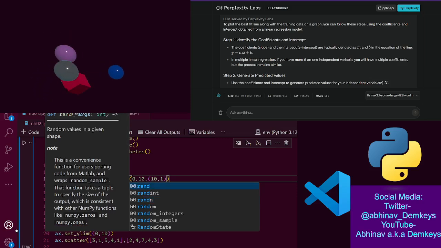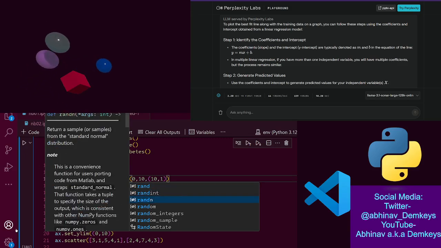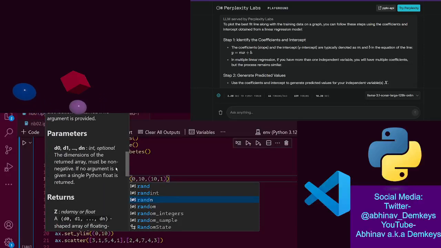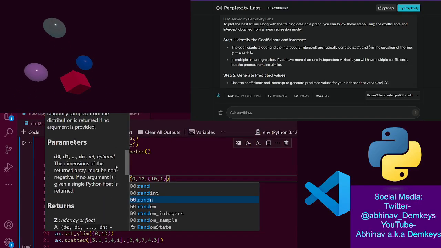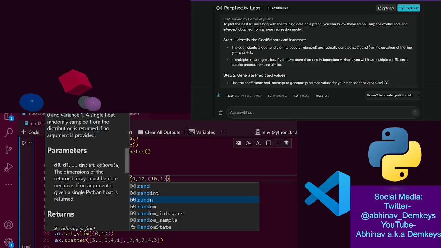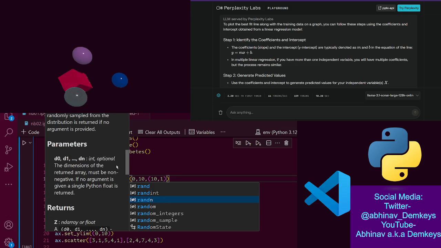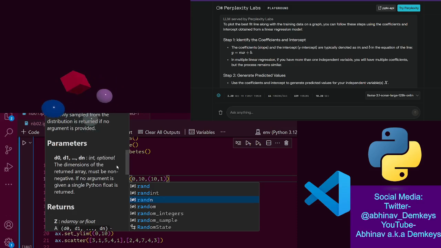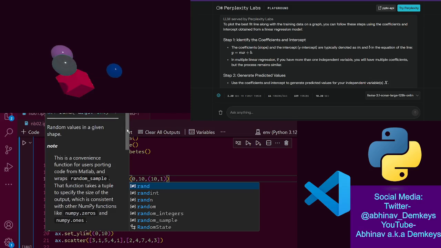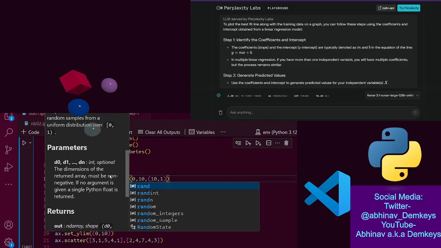What about rand? Return random values in a given shape. Okay, this doesn't take in shapes. Parameters, int optional. The dimensions of the returned array must be non-negative. If no argument is given, a single Python float is returned. Okay, let's go for this. Okay, this says of a given shape. So that means,